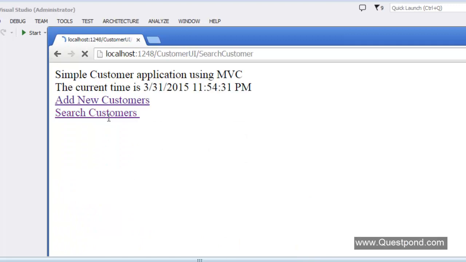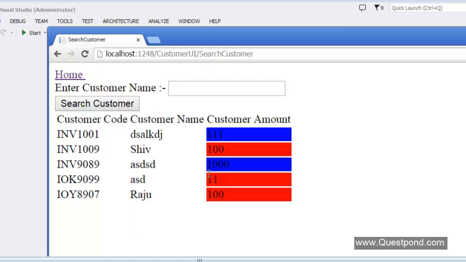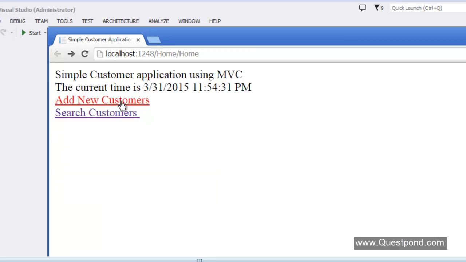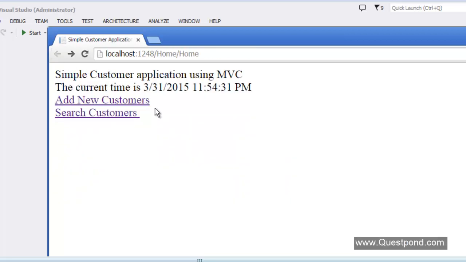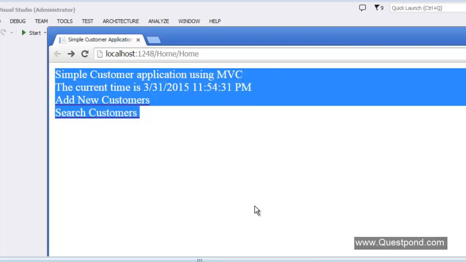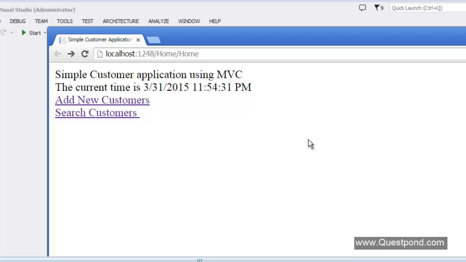If I want to search a customer, then again it navigates to the search customer screen, fetches and comes back here. So you can see the user experience is not so good, because I have to navigate from one page to another page to get to that screen. In this scenario, I would like to implement the SPA concept, wherein when I click on add new customer, I would like to load this complete add new customer screen right down below on this page. And when I click on search customer, I would like to load the search customer screen right down below here. So you can think of this home page as my shell page, or my master page.